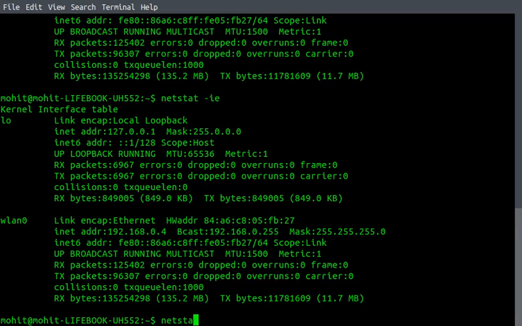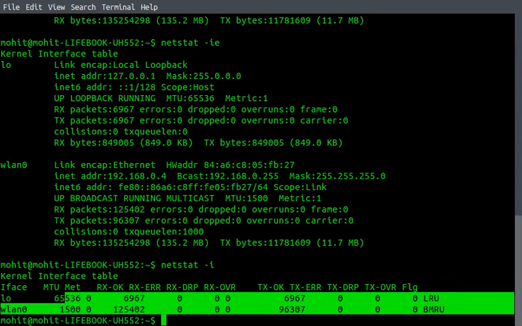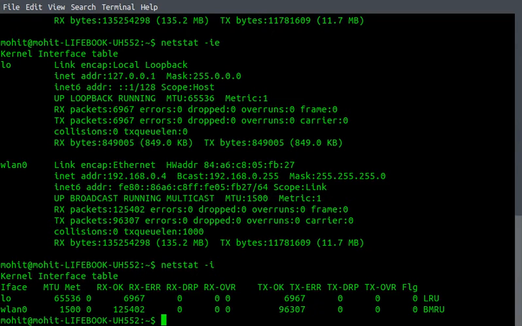So if I do just netstat -ie, I will see that we have two interfaces, localhost and wireless LAN, and this is the maximum transmission unit, MTU, and this is all the details for the interfaces that I have. So we can check the interface with either ifconfig or the netstat -ie command.